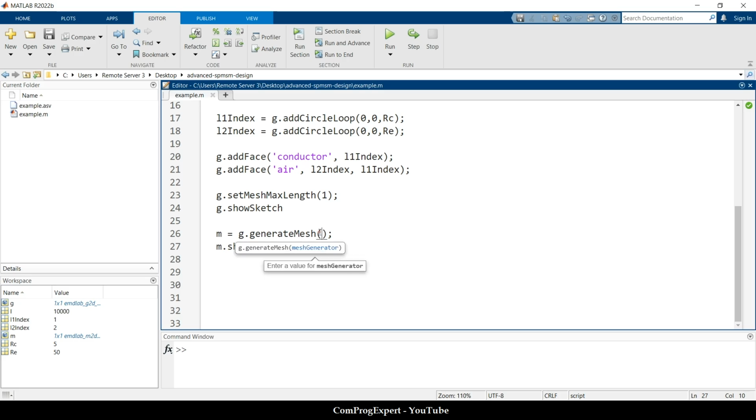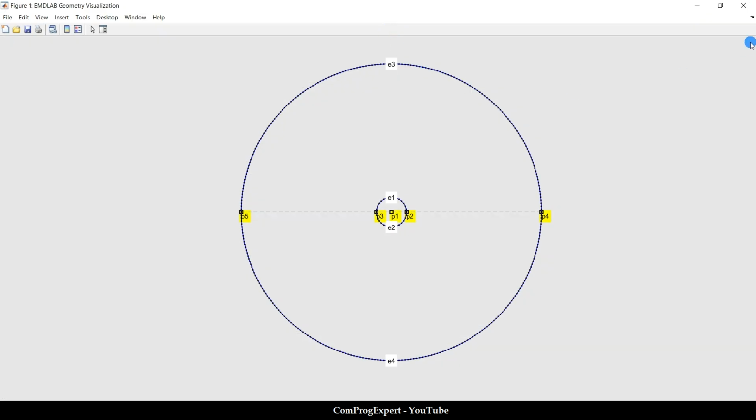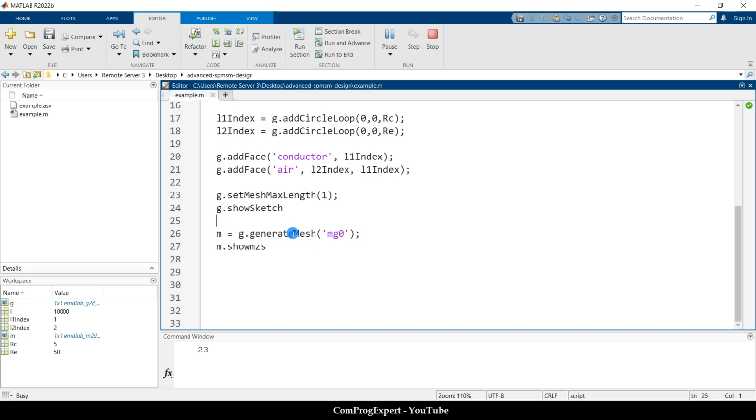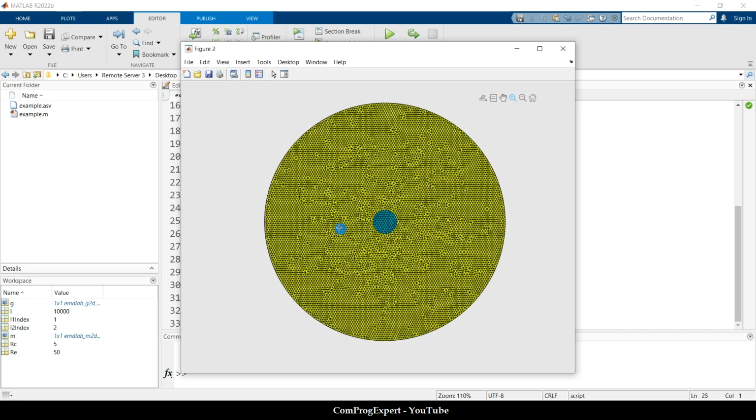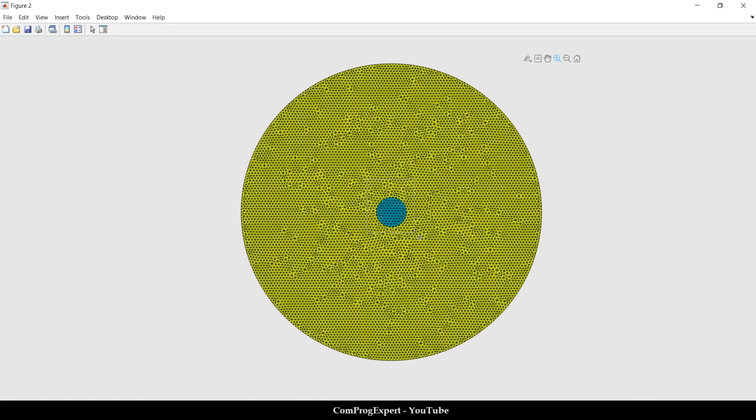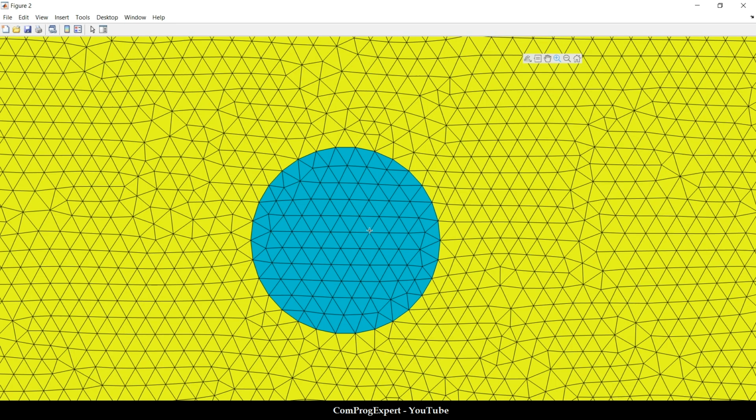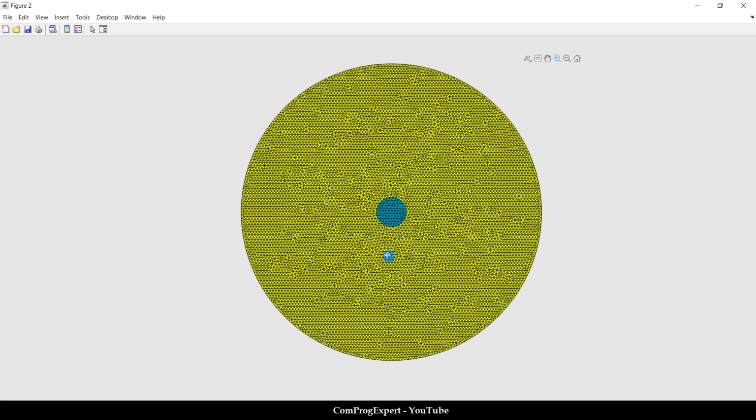But we have other mesh generators. For example, MG0. If I run the code, it takes more time to generate the mesh, but in this case, we have a good uniform mesh, right? This is the conductor and this is the enclosure. But we know that for our problem, this dense mesh is not needed. We can use